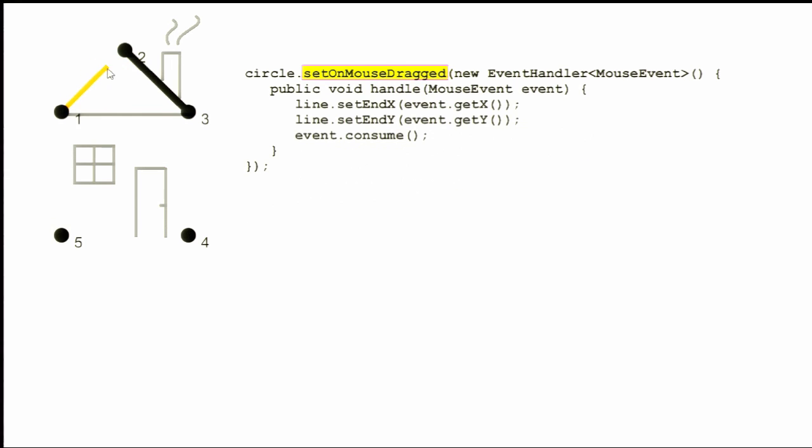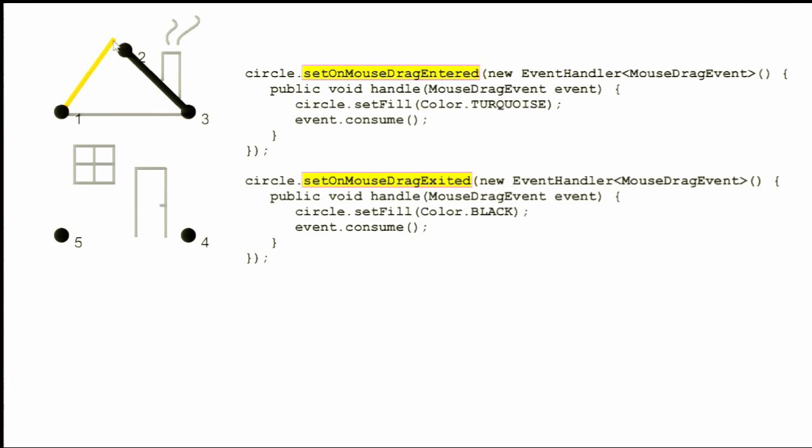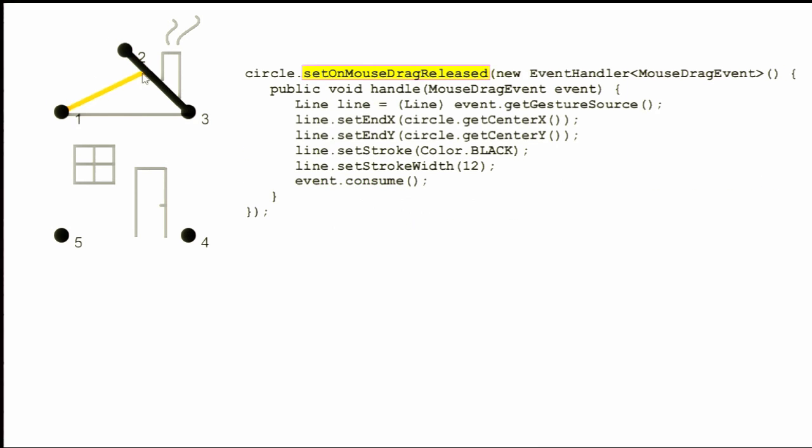Okay, when I am dragging the mouse, I am changing the coordinates, the end point of the line, and when I enter some other circle with the line, I change the color, and when I leave it, I change the color back again to black. And the last thing is when I release the mouse inside the circle, I change the color of the line to black, and I